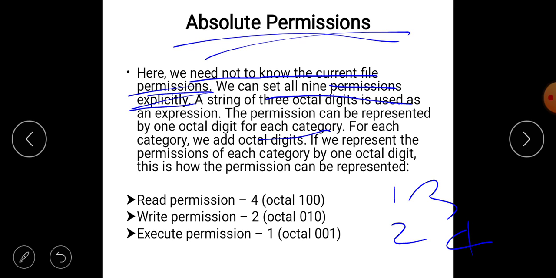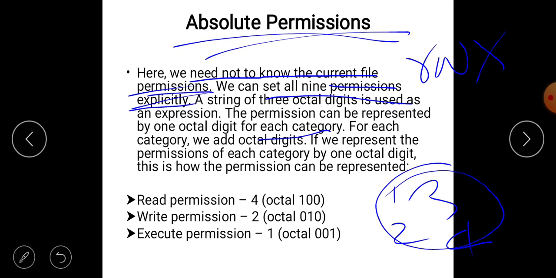Using 1 octal number we can set read, write, execute permission for 1 category. If we represent the permission of each category by 1 octal digit, this is how permission can be represented.